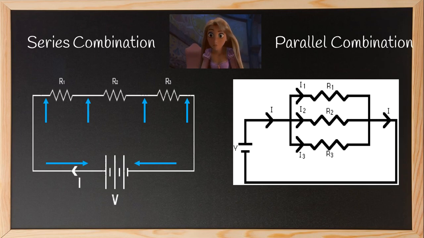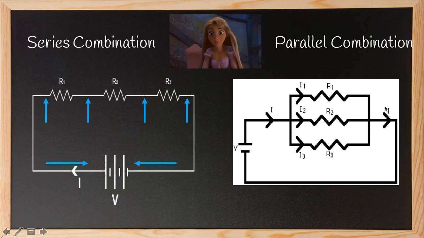In the series circuit, the current flow is constant. This is just I, and it will flow across the complete circuit diagram. But in the parallel combination, it is not connected end to end. There is a splitting of current. There is a splitting of the wire. The wire is connected to this, again this, again this, so it seems like the wire is actually splitting.